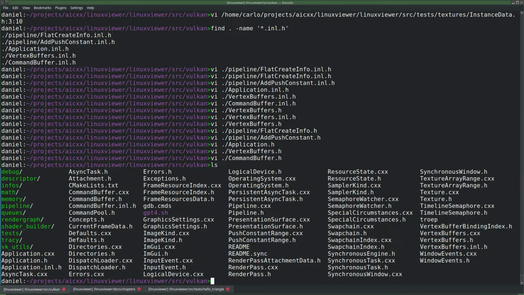So now I need a general header that will do all the includes, the inline stuff. How shall we call that?